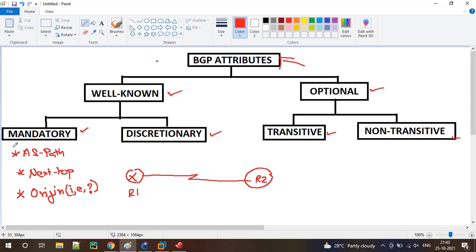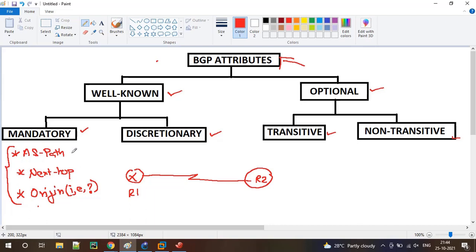So why are these attributes considered well-known mandatory? It doesn't matter whether you use Cisco, Juniper, or HP, whichever router you use, if it supports the BGP protocol and you try to form a neighborship with another router, that router must know about these attributes.